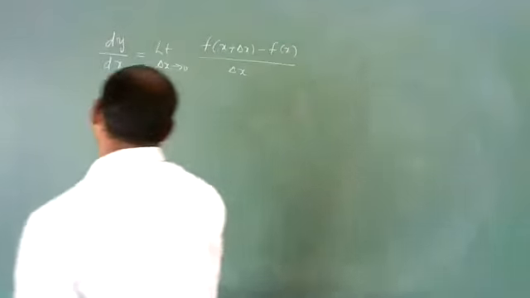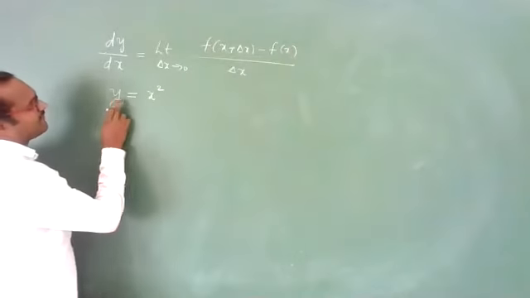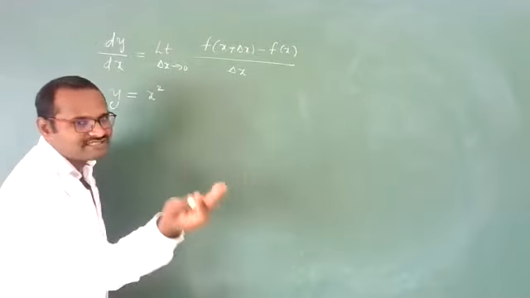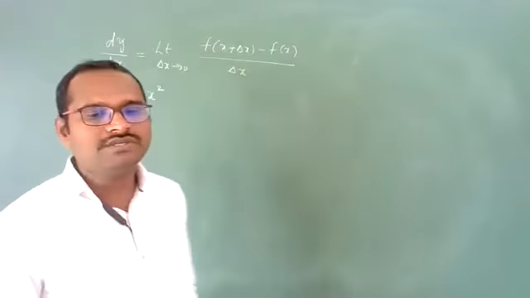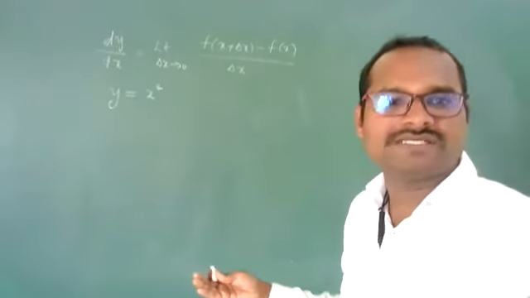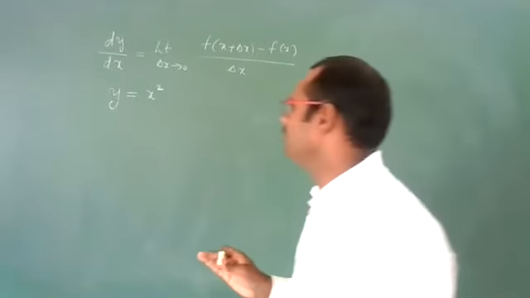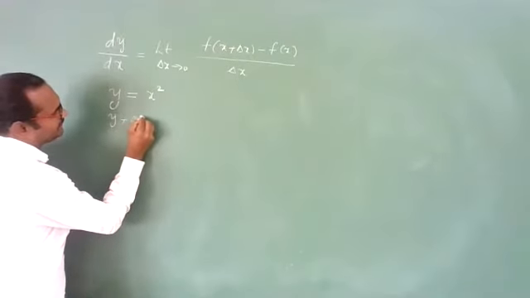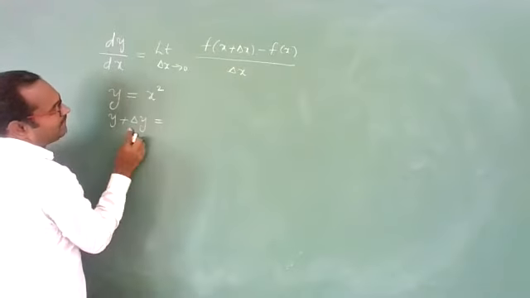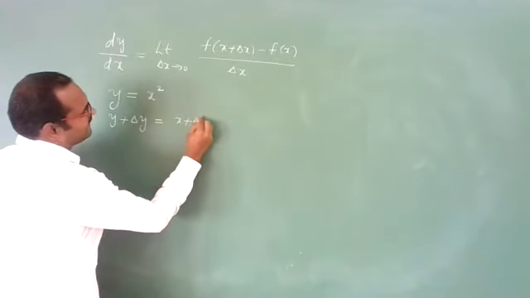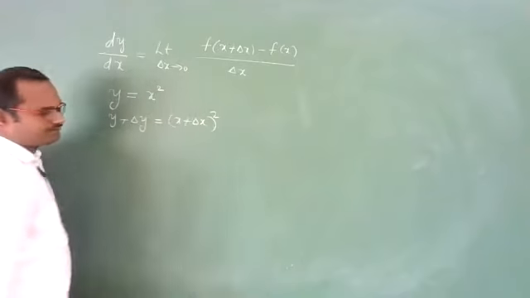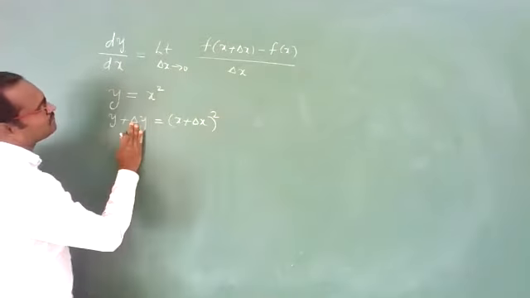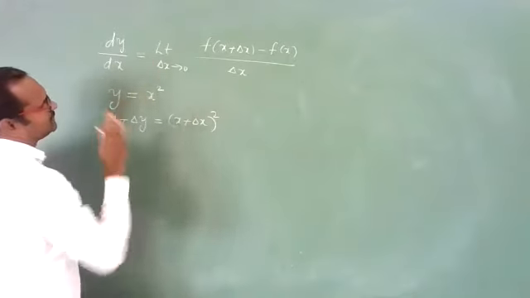Yes, I am going with the proof now. So, y is a function of x, y is equal to x square. Now, let us suppose x is a variable and its value is changing by a small amount, delta x. Then what will happen to the y value? It changes by delta y, when x changes to x plus delta x.